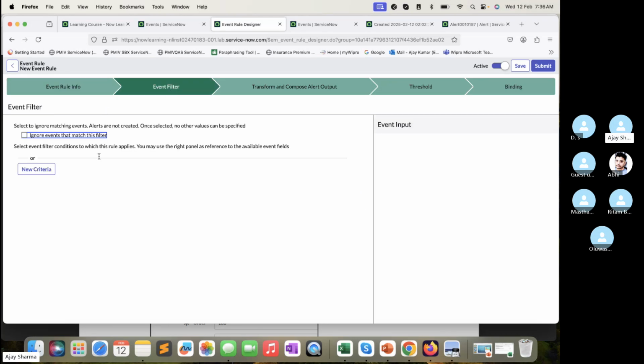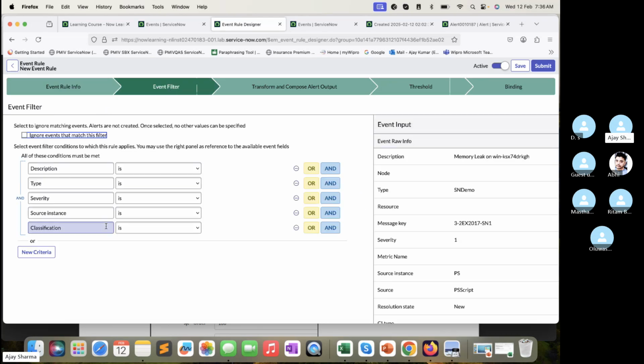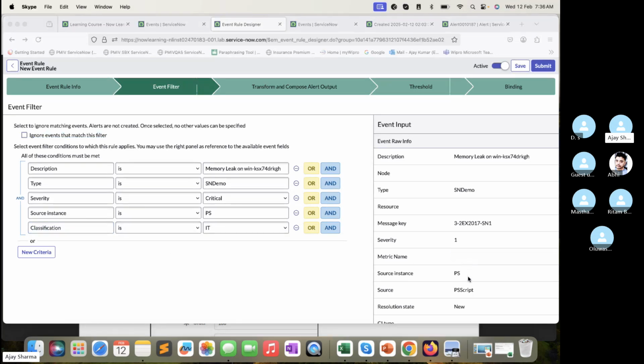Yeah. So here you can put the filter conditions which you are asking about, Abhishek, right? If you see here, description: if the memory leak is this, type is SN demo, severity is critical, source instance is PS, classification is IT. If we are getting these particular values, only on these values the event converts to an alert,